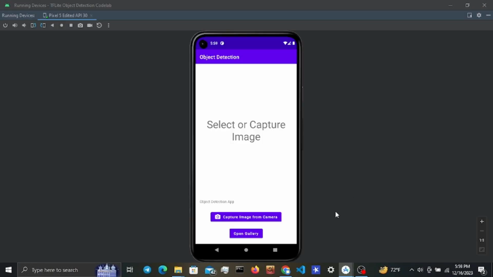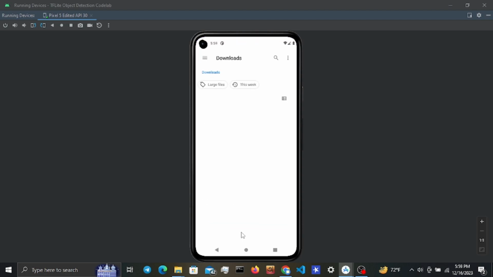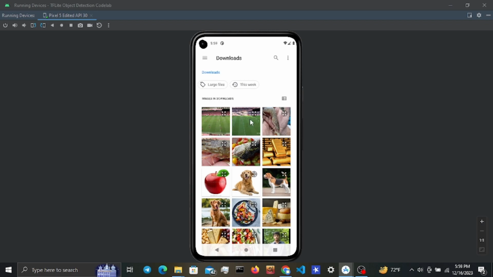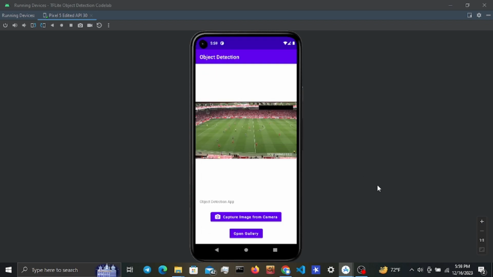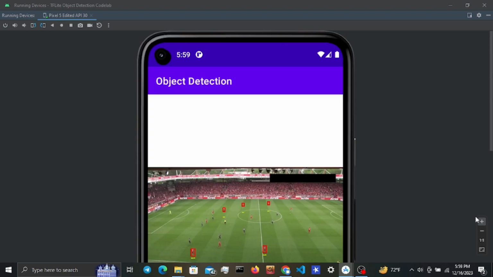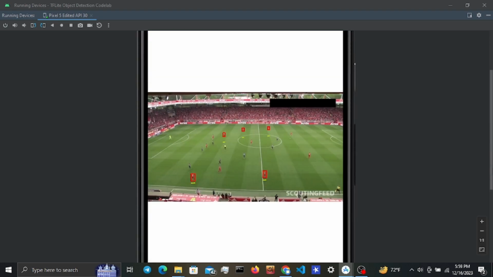Here we are. We are in the emulator. Let's open our gallery. We have a few images of a football field. Let's try to run those. Let's zoom in a bit. Yes, it's detecting a few players, but the performance is really poor because we didn't have enough training data,